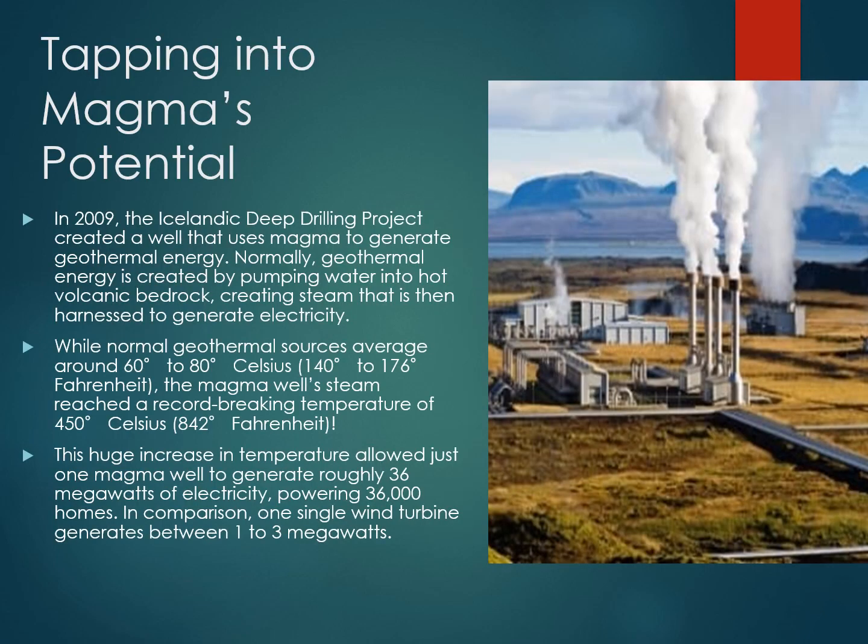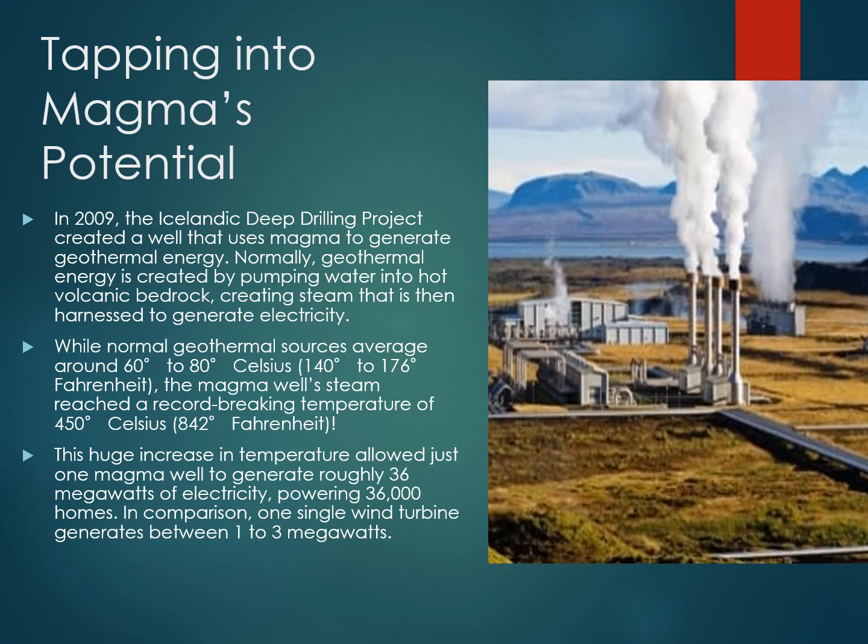This is an image of a geothermal power plant in Iceland. In 2009, the Icelandic deep drilling project created a well that uses magma to generate geothermal energy. Normally, geothermal energy is created by pumping water into hot volcanic bedrock, creating steam that is then harnessed to generate electricity. While normal geothermal sources average around 60 to 80 degrees Celsius, the magma well steam reached a record-breaking